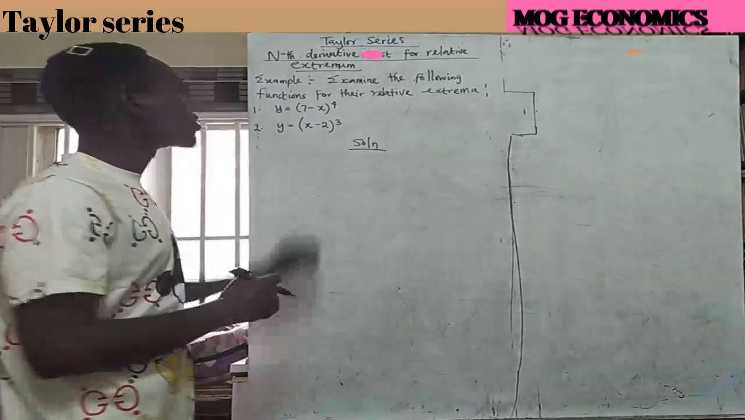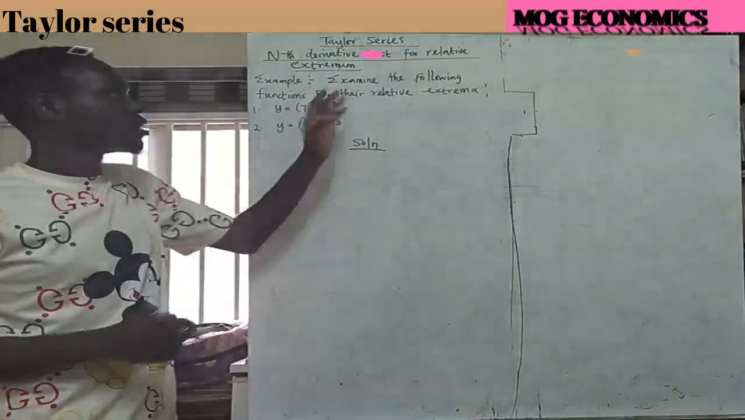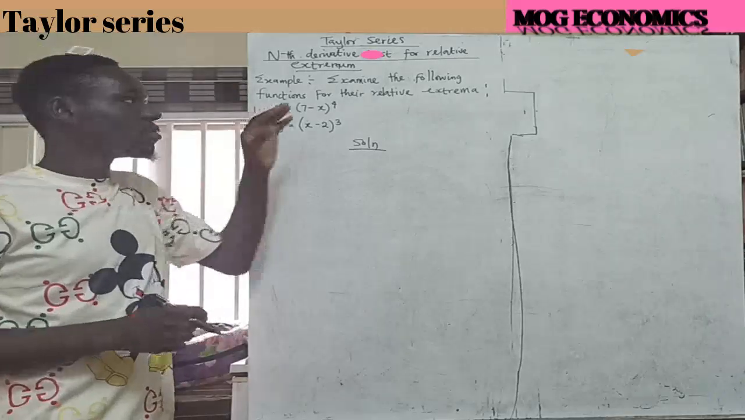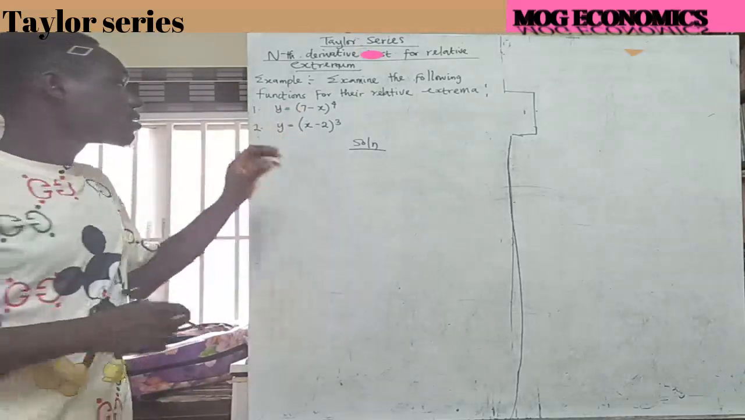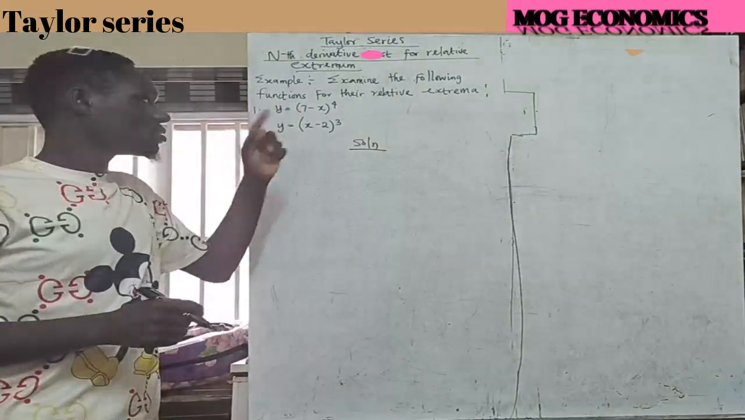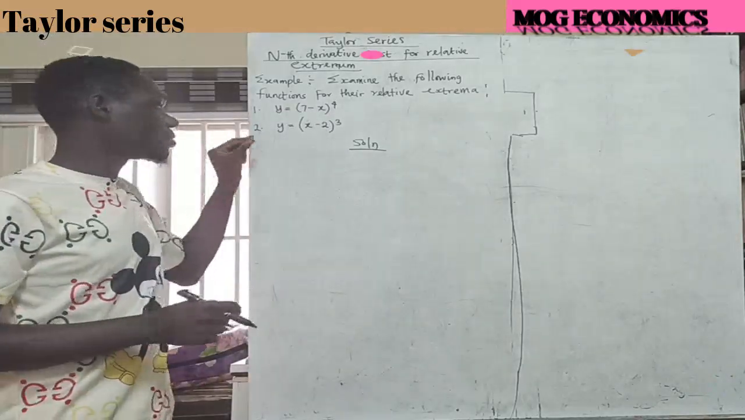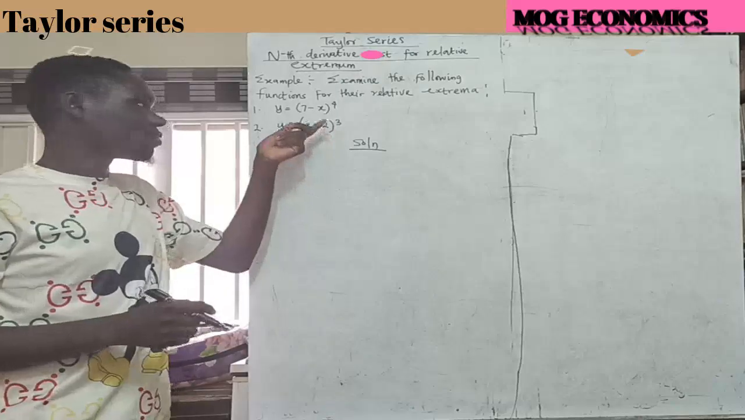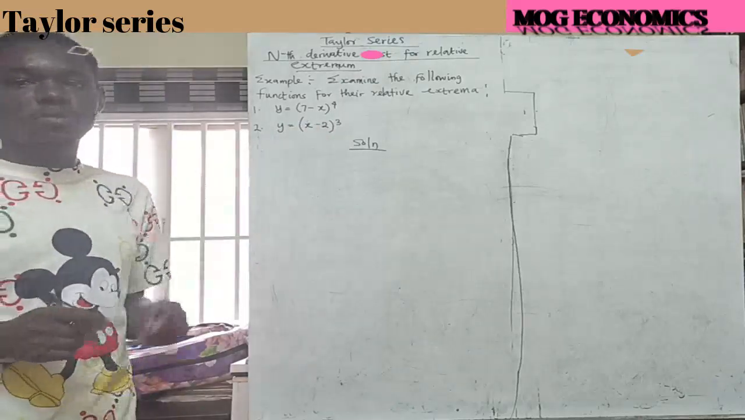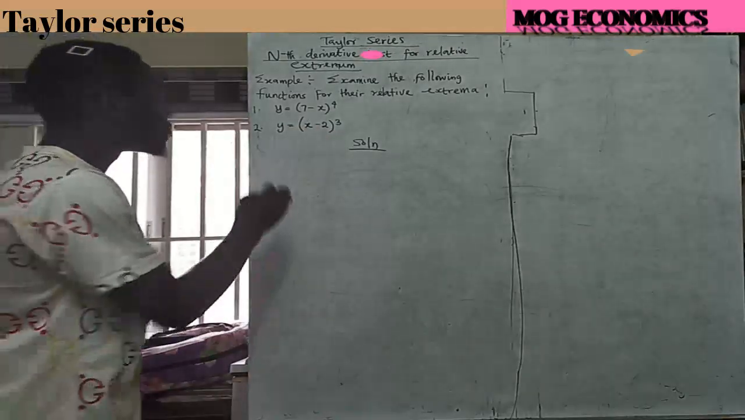Now, the question says to examine the following functions for their relative extrema: y equals (7 minus x) all raised to the power of 4, and y equals (x minus 2) all raised to the power of 3. So now, for the first one,